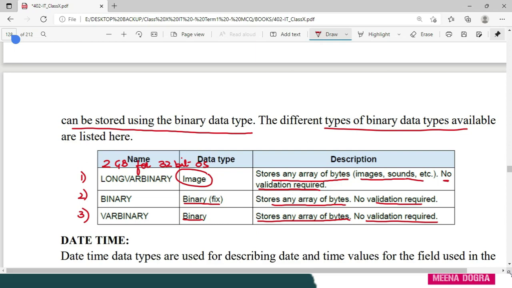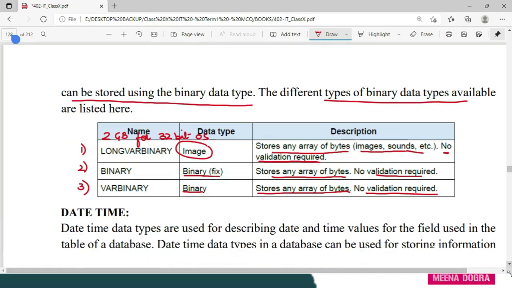Various applications ask for textual data as well that they validate, but photo they don't validate. That is validated when you actually sit for the exam. There they validate. Okay, they will take the photo, but then they will validate it against your Aadhaar or they will validate it physically. Fine. So this type of information, if you want to store, you will go for binary data type.